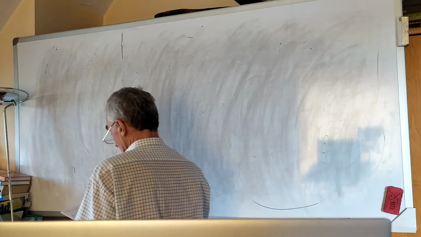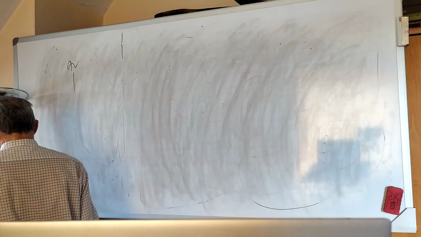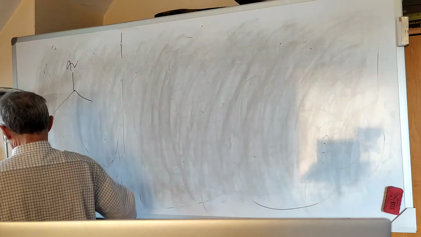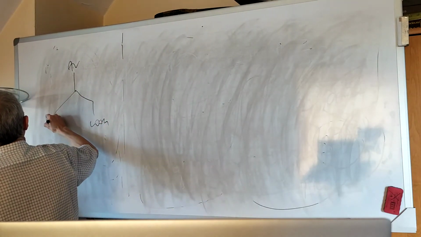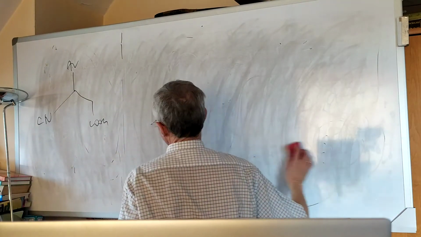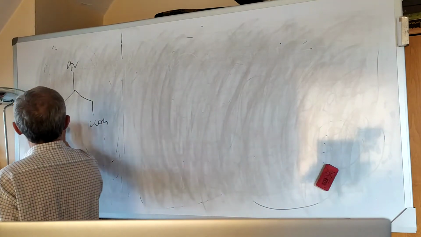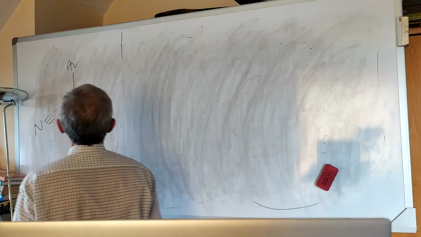So once more we can come to this compound and carboxylic function and nitro here. So let's put it in the chemical way. So let's put it like that. A nitro group,